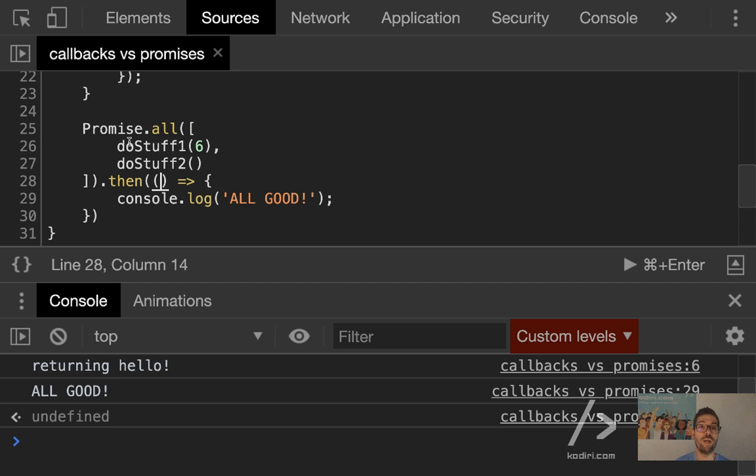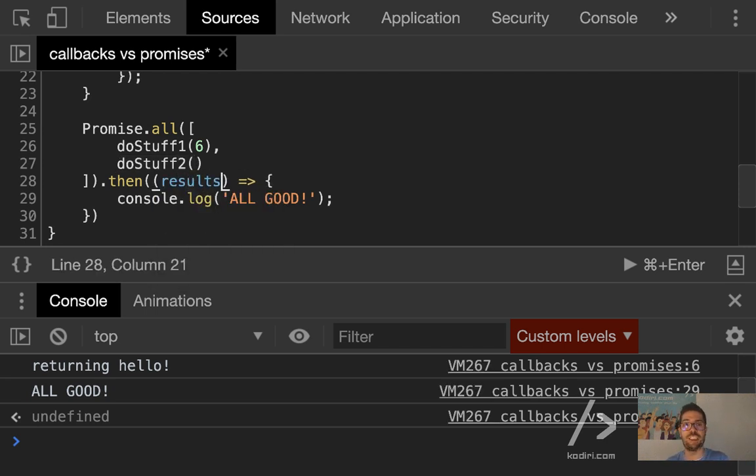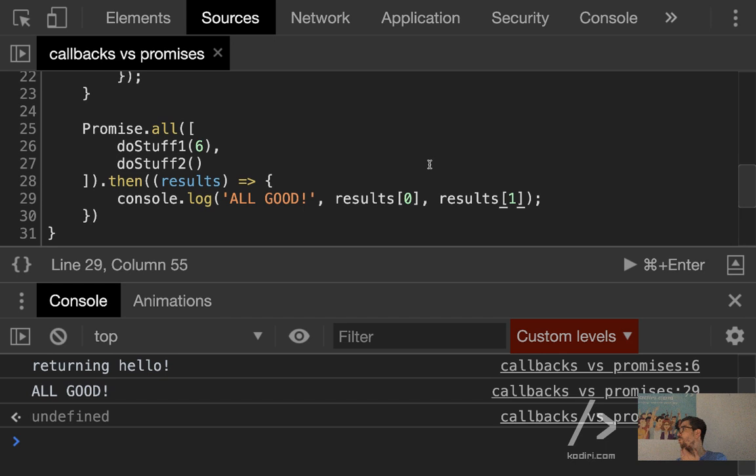Not quite, almost. So when you use promise.all, it resolves to an array of, first of all, what the first function returns and then what the second function returns. So that we call results, an array. Yeah. So then we can do results 0 if you want the first one, results 1 if you want the second one.